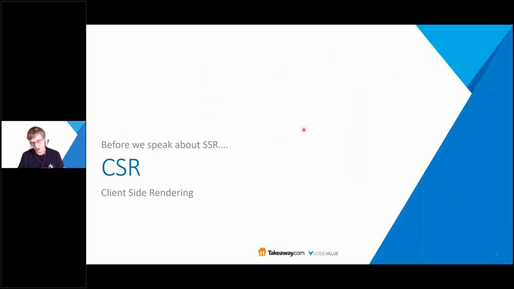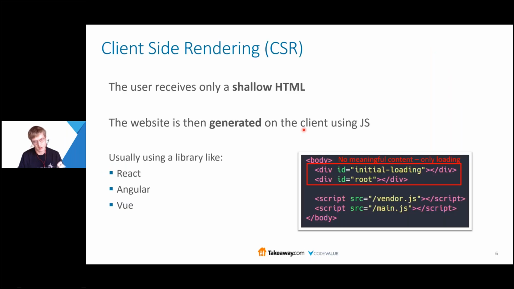Now, in client-side rendering, it's very interesting because we don't actually generate meaningful content on the server at all. The user only receives something like an initial loading, and the user receives the body of his HTML. It's just empty, right? Like here. And then one of the libraries, or